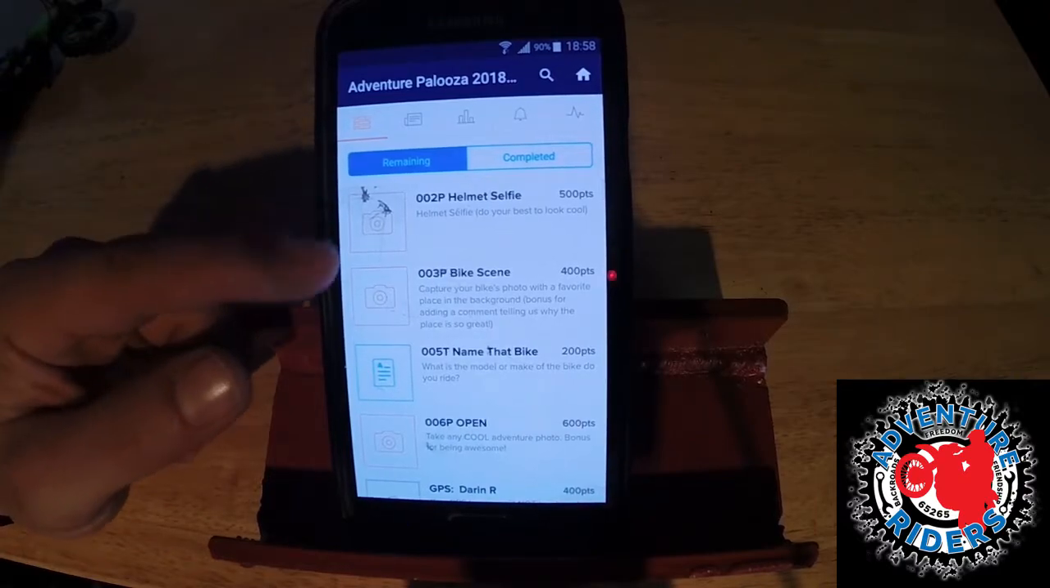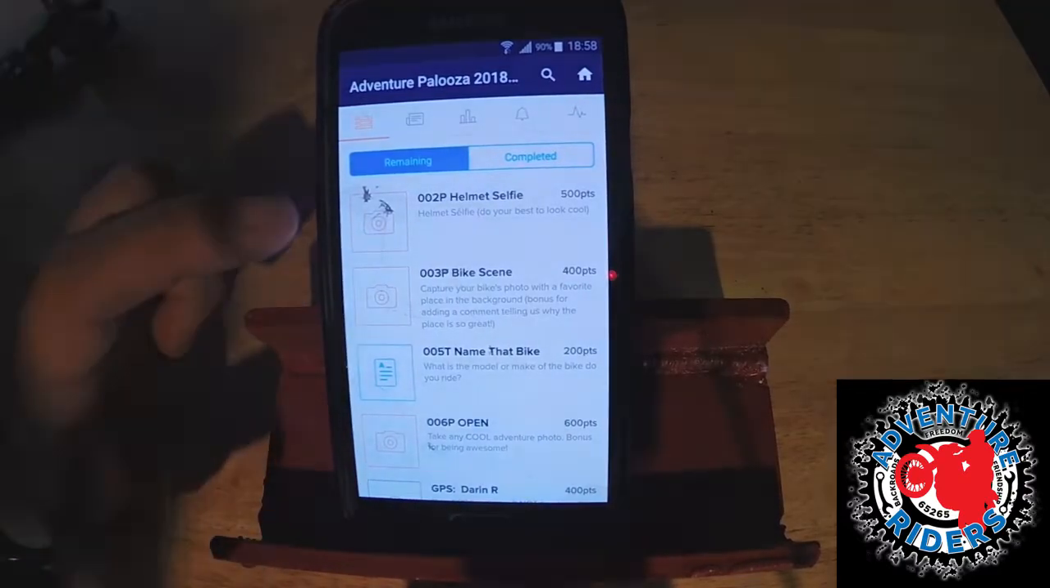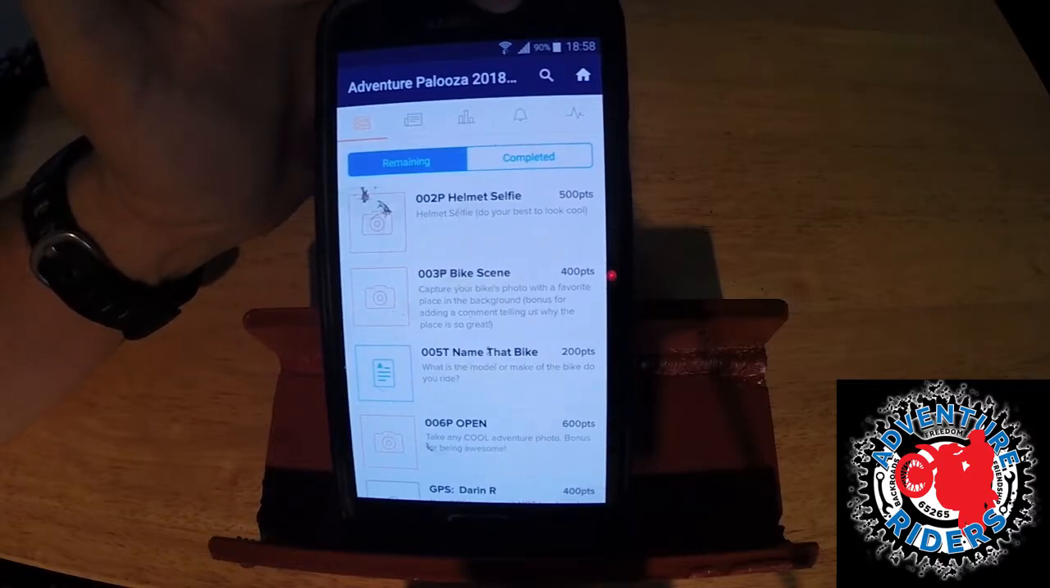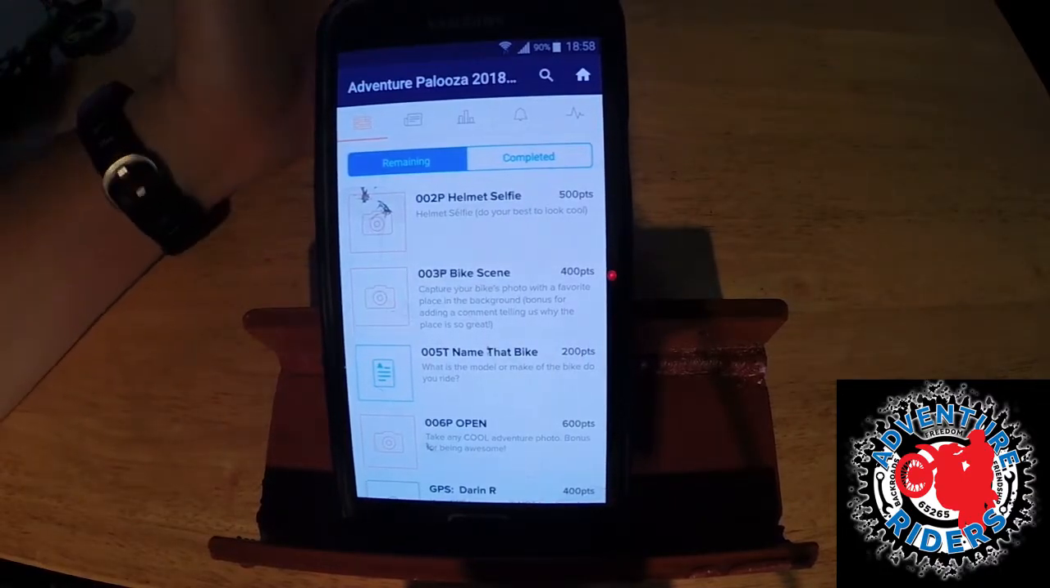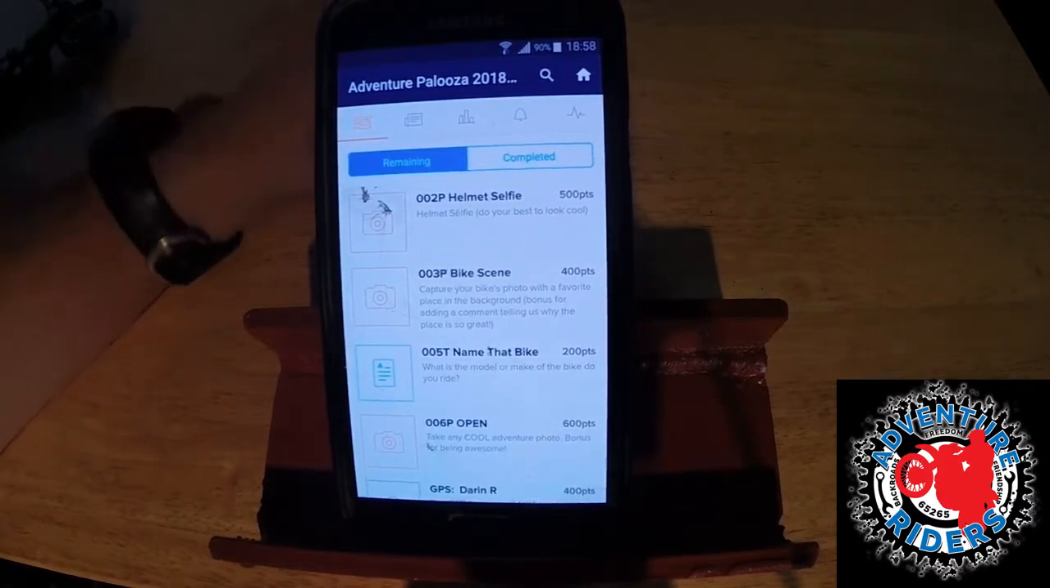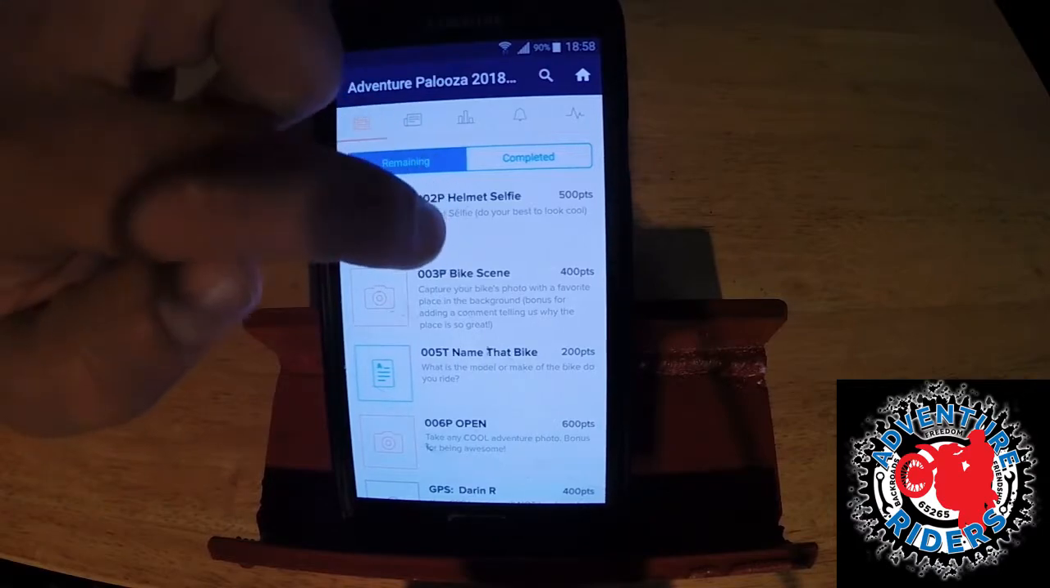In fact, let's talk briefly about the photo checkpoints. If you have 4 bars, 3 bars, it's going to go great. If you have 1 bar or maybe even no bars, because hey, this is adventure riding, there's going to be times you're going to be outside of a cell signal. When you take that picture,